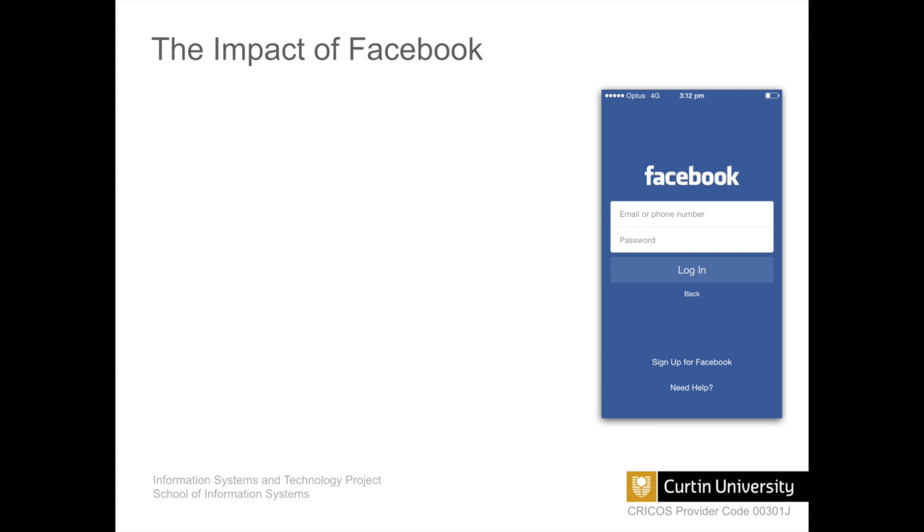The impact of Facebook and Strava that will be presented in this recording is not exhaustive. It's presented here to start you thinking about and discussing triple bottom line impact analyses of applications with which you're likely to be familiar. In reflecting on the Facebook or Strava triple bottom line, you may have come up with similar things, or you may have come up with things that are quite different. The important thing is that you take this opportunity to discuss this analysis with your project team and to explore deeper. So what are the societal impacts of Facebook?